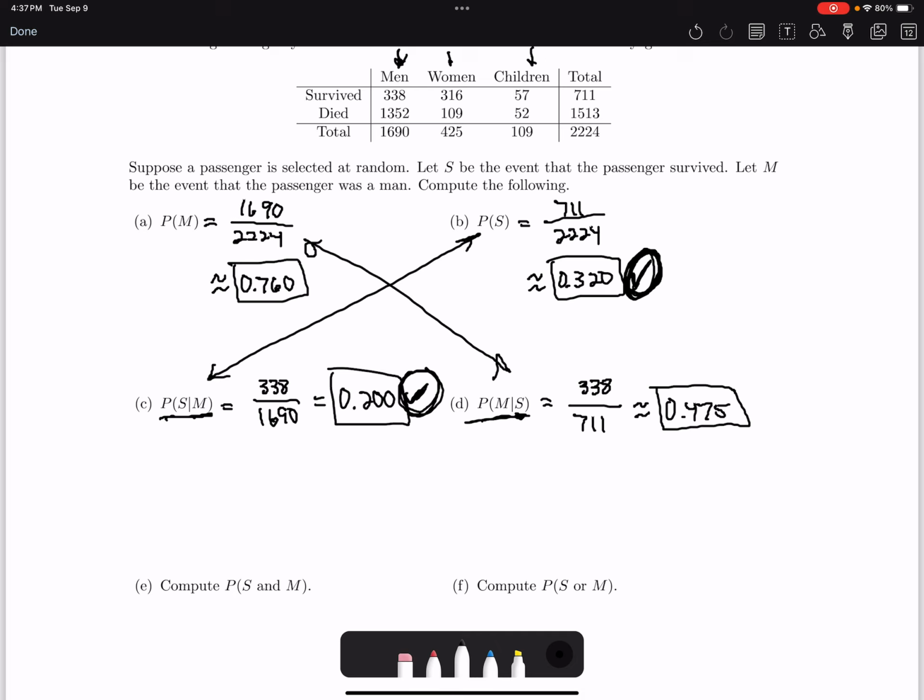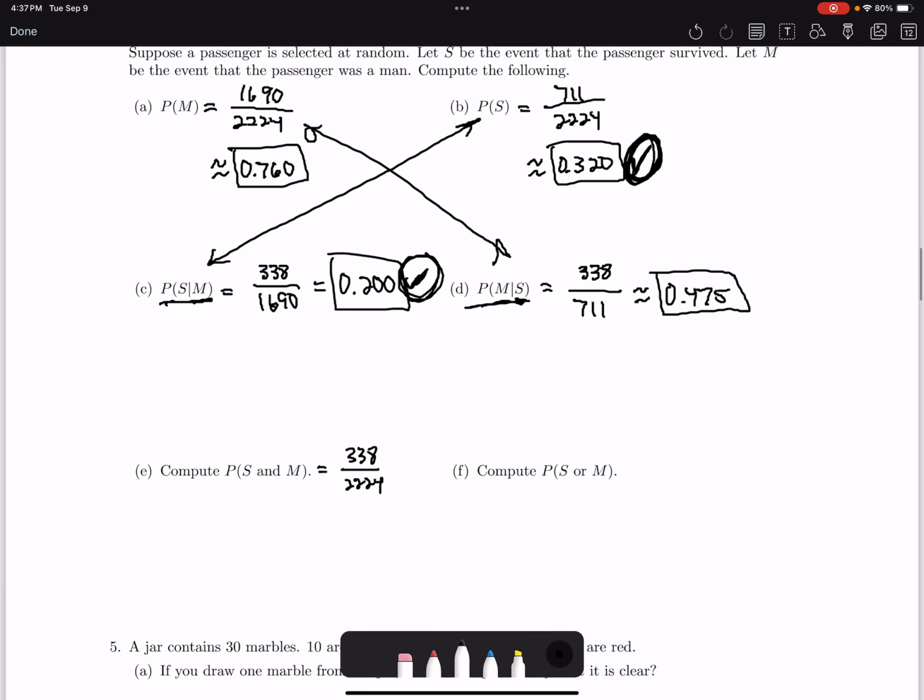We're just asking, out of all of the individuals, what's the probability that the individual was both a survivor and a man? That would be 338 out of 2224. That comes out to approximately